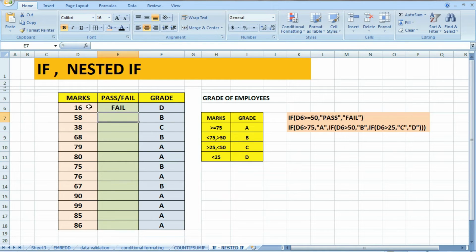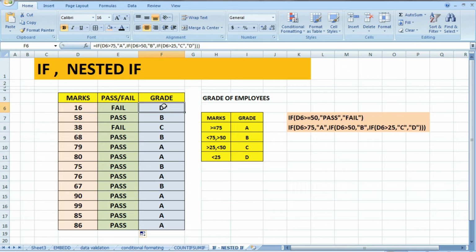So it is 16, less than 50, so he is fail. Now we will select here, and if we double click here, then automatically we will get the result for the others. See here it is more than 50, so it is pass. So this is the employee's result. Okay, this is the use of the IF function.